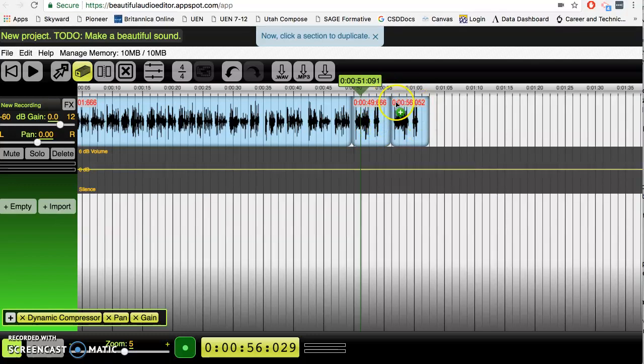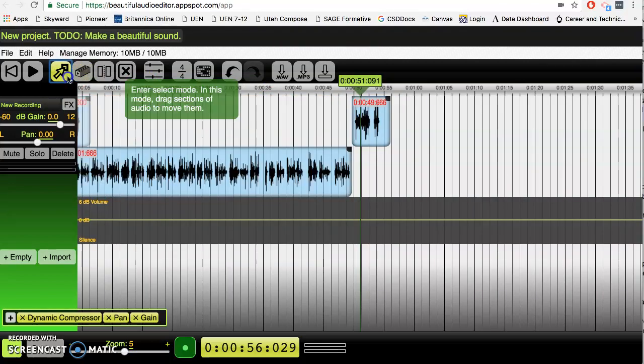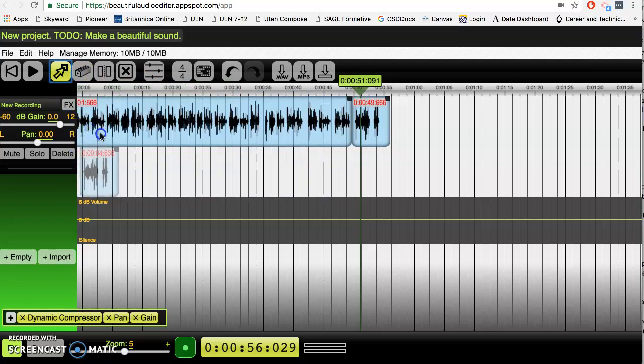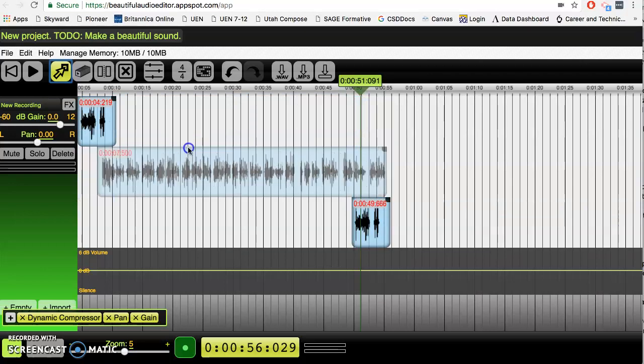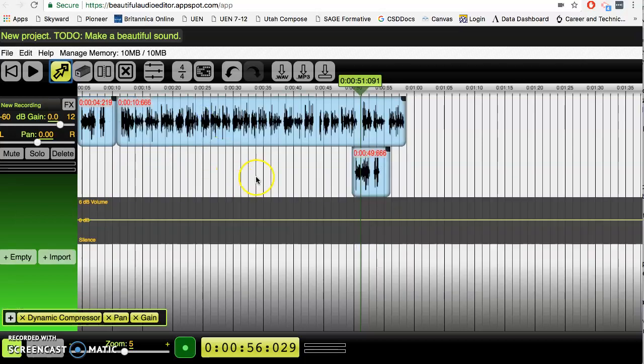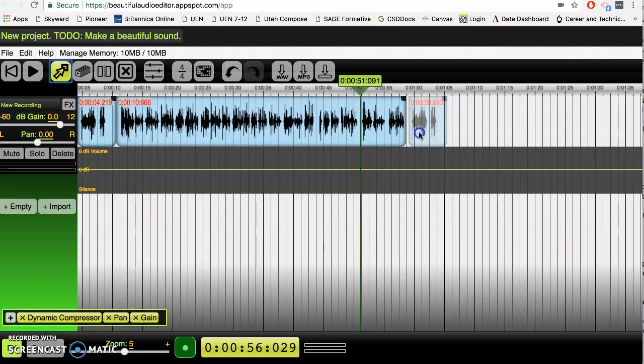Let's duplicate our little song there. And then I can move it around like I was showing you before. On select mode, you can click and actually move things around. So I can put this, let's put it there, and then let's select this and move that to right next to it, and then we'll move that there. So now